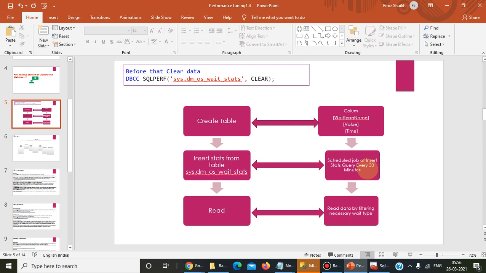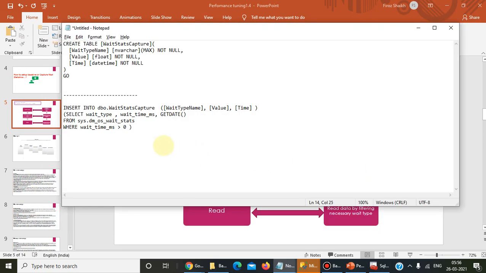If we run it every 30 minutes by scheduling a job, that will give reasonably accurate average data. Ideally, we can schedule this job every 30 minutes.